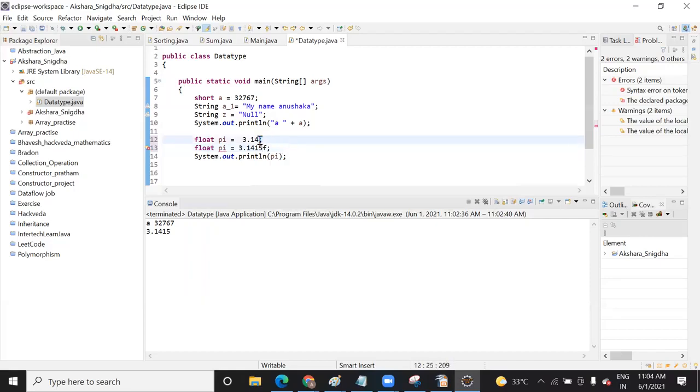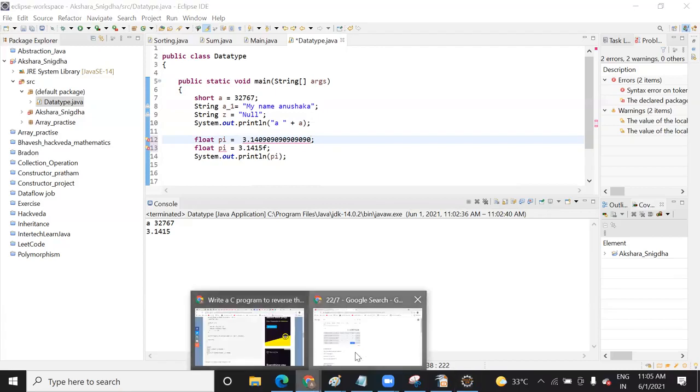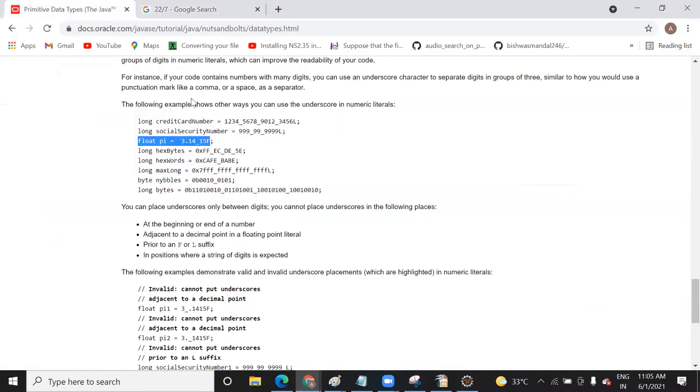I have explained that here, instead of taking such a long value, you can take it like this. Means in order to remove this value, so instead of using the underscore, we can just keep 1415, right? Yeah, you can keep it. Is it that they use it so that later on we can just type 3.15 instead of 1 4 or something? No, it's not. There are different ways of representation in Java. They have just given you the example of how you can use it.